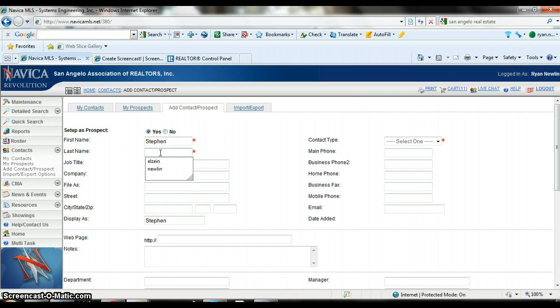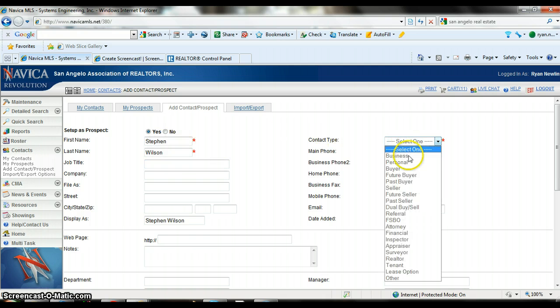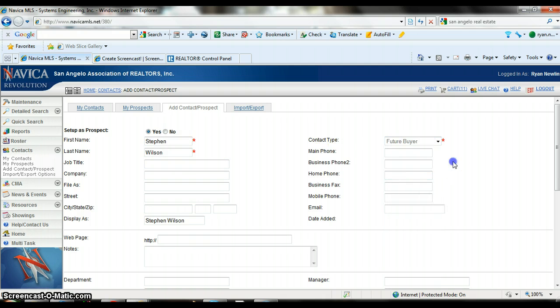And there's a note section at the bottom. You can kind of tell yourself what they were looking for so you don't forget. So for Stephen Wilson, he is going to be a future buyer, hopefully. And the only thing you need to set up a prospect is an email. You can put everything else in here if you want, address, web page, phone number, but all you really need is an email. So we're going to do Stephen